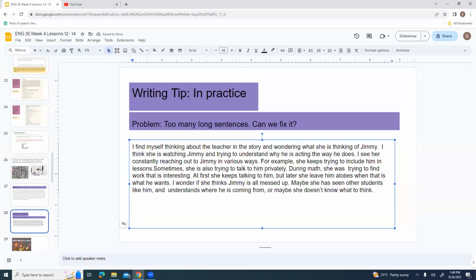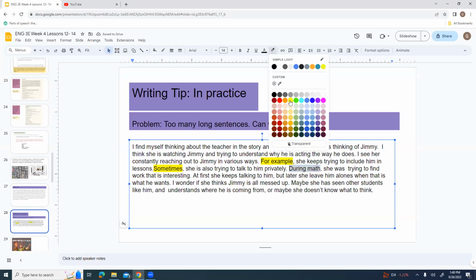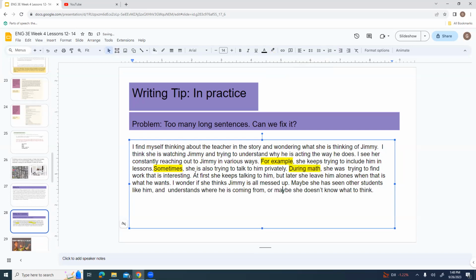I wonder if she thinks Jimmy is all messed up. Maybe she has seen other students like him and understands where he is coming from, or maybe she doesn't know what to think. So, for these spots where I had examples, I kept trying to find ways to introduce it. Okay. For example, sometimes, during math, at first,